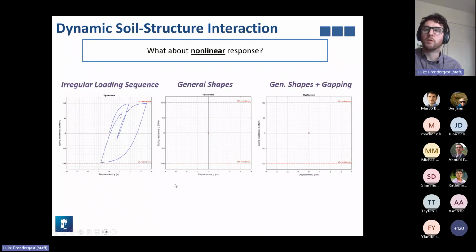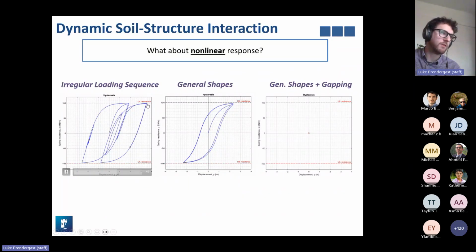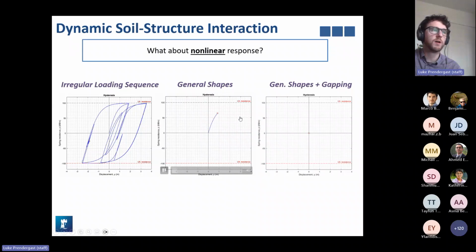When we incorporate other forms of spring, like Bouc-Wen models, we can actually incorporate other general shapes in your hysteresis response. So this particular case shows the case where we will have a degradation in our reversal stiffness. So normally on the left, we can see that the reversal stiffness has the same magnitude as the initial stiffness. In this particular case, the reversal stiffness is degraded. So this can be predicted using these models as well.